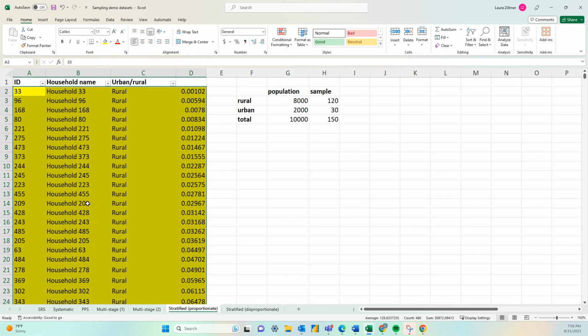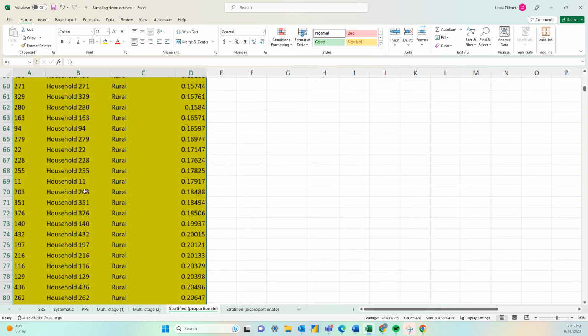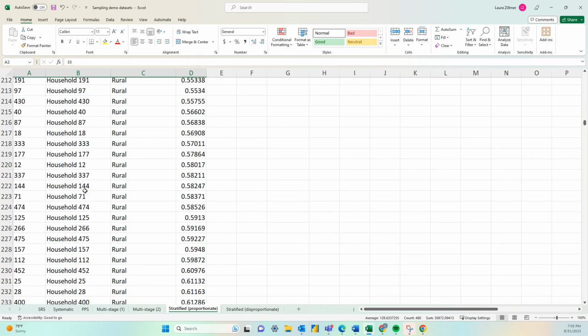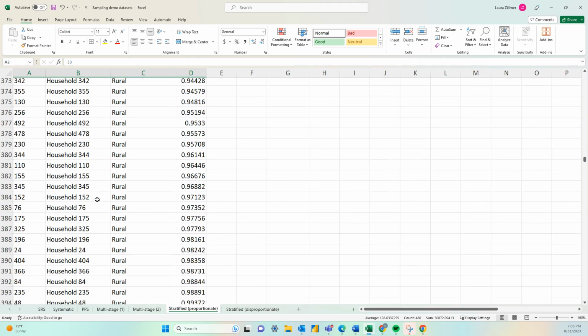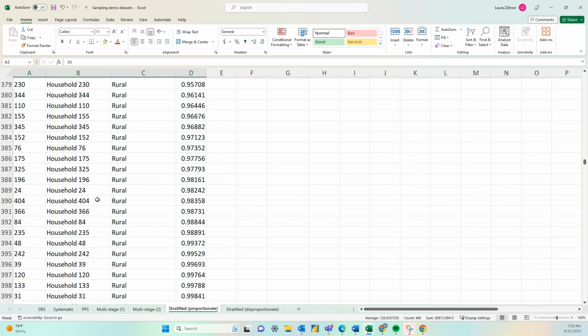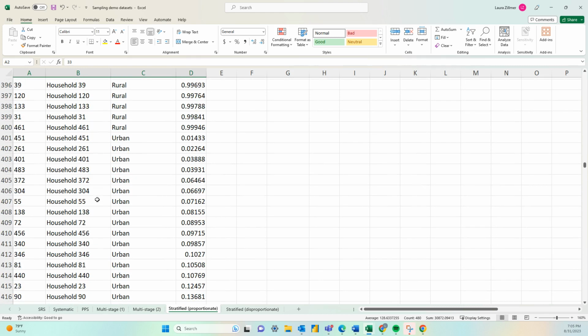Next, we'll do the same exact thing for our urban subgroup. So we'll scroll down to where the list of urban households are listed. Now we're only seeing households from our urban subgroup with an associated random number sorted from low to high.